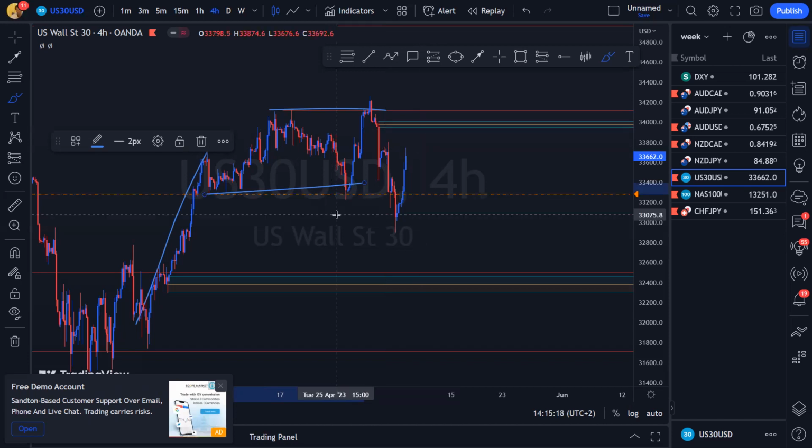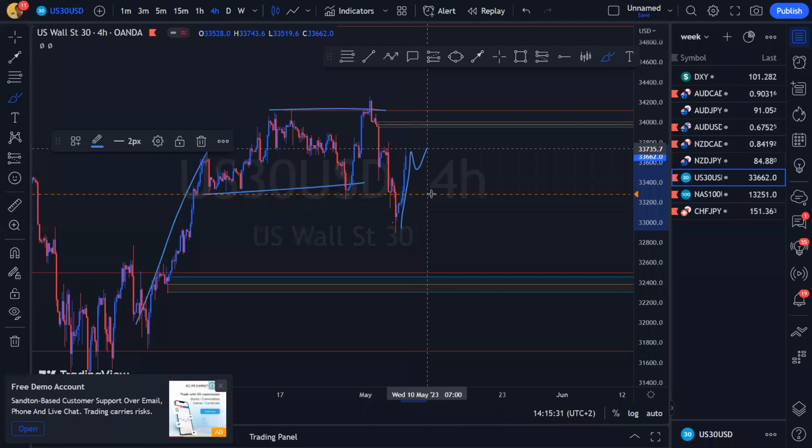So let's speak about US30. Obviously, we're going to speak about two setups, both a bullish setup and a bearish setup. For us to be looking for a buy, things are fairly simple. This is the low of the range. We've got some momentum here to the upside. All we're going to be doing is waiting for that corrective structure over here that terminates somewhere in the low of the range to give us a reason to buy.